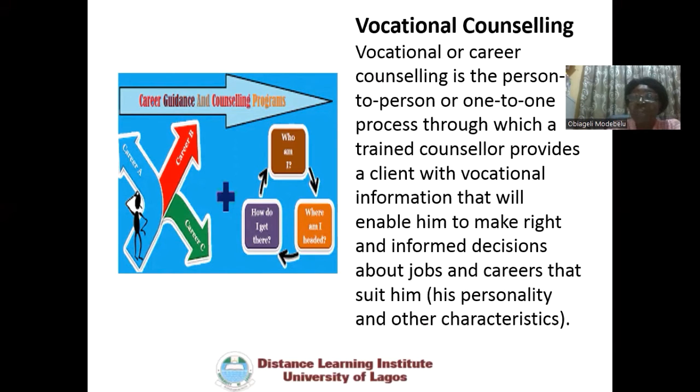Because when somebody finds himself in a career or vocation or profession that doesn't suit him, when we talk about suiting you in vocational counseling, we are saying suiting your circumstances, suiting your abilities, suiting your personality, suiting your aptitude, suiting your interest, suiting who you are, the realities of your life and your family and environment,